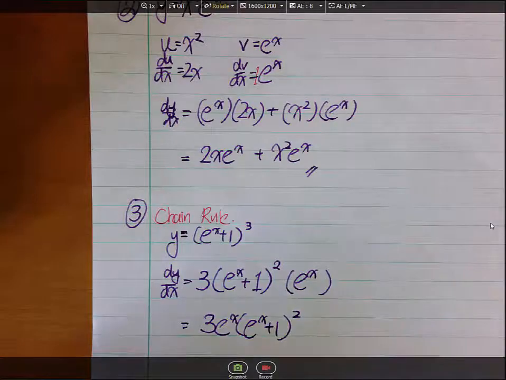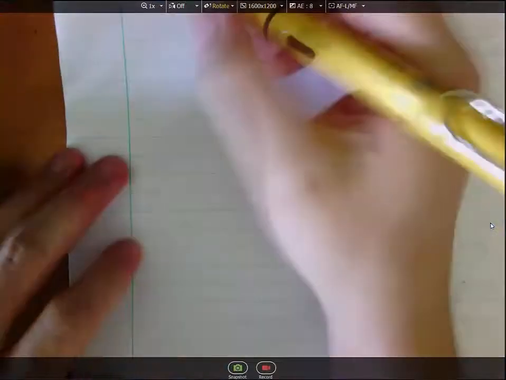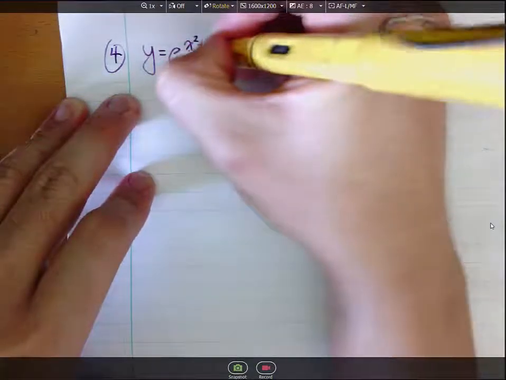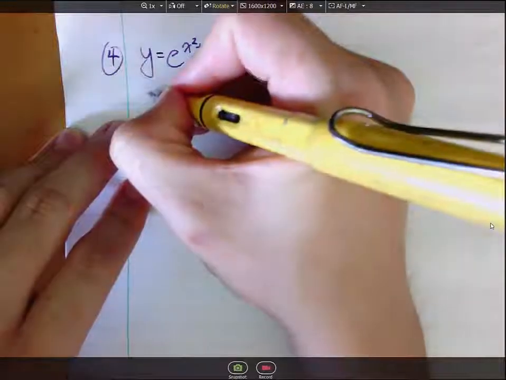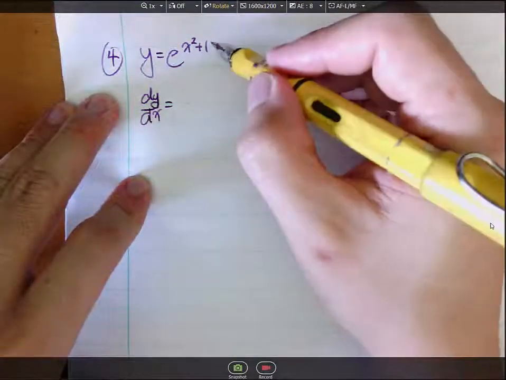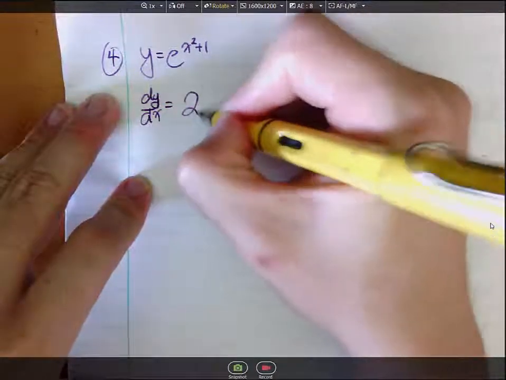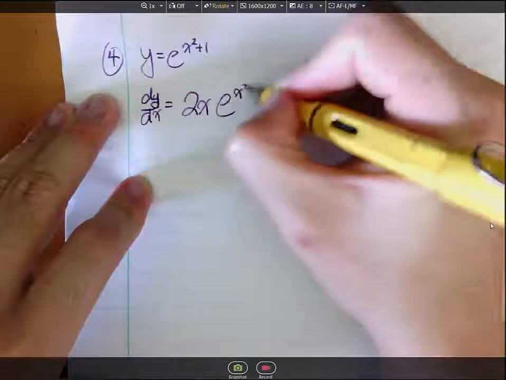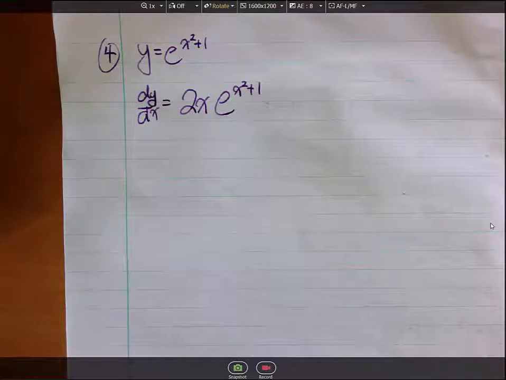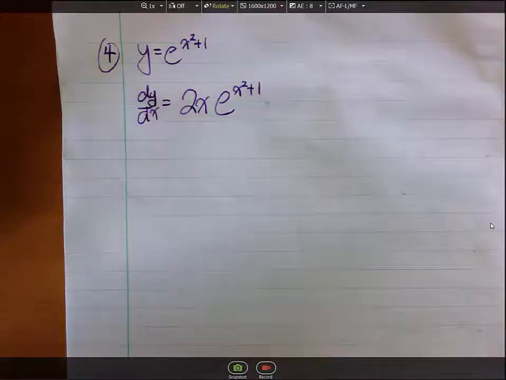I will now give you another example. Example 4 will be y is e to the power of x squared plus 1. This one's a simple one. Differentiating y with respect to x, you differentiate the power there, you get 2x. Just put it down, copy out the original function, and we are done with example 4. Now we shall do another example, and I should be done with this subtopic.